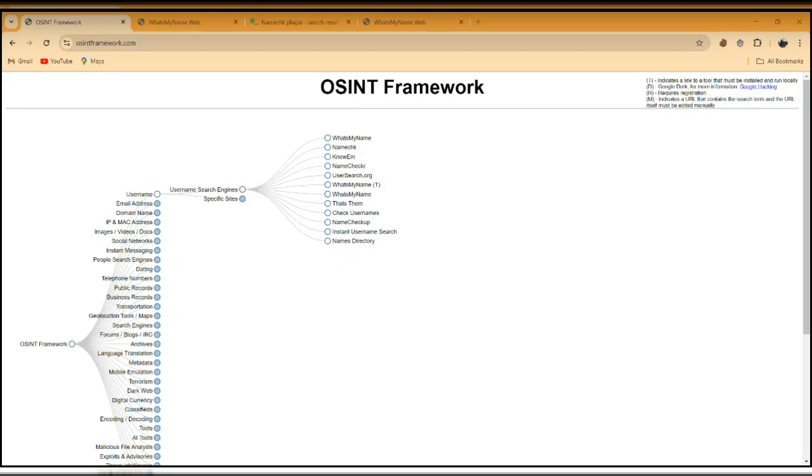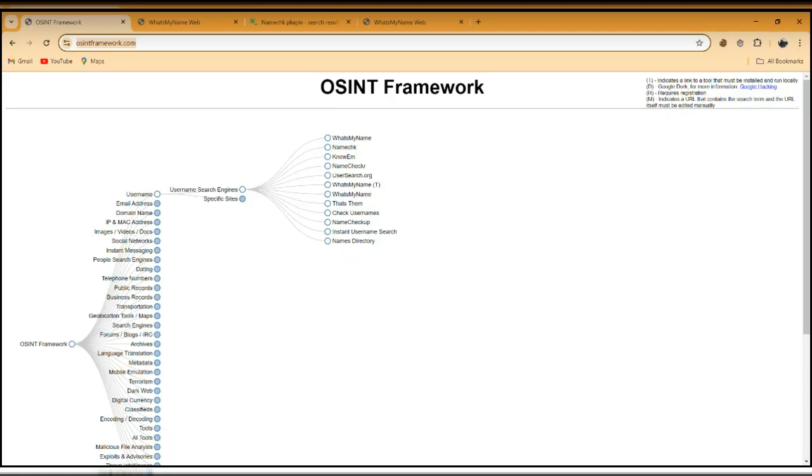You can also explore the tools and the different tools that are in it from your end.